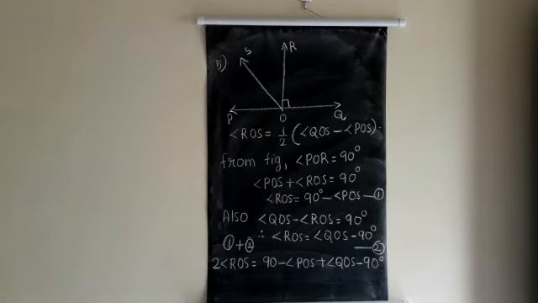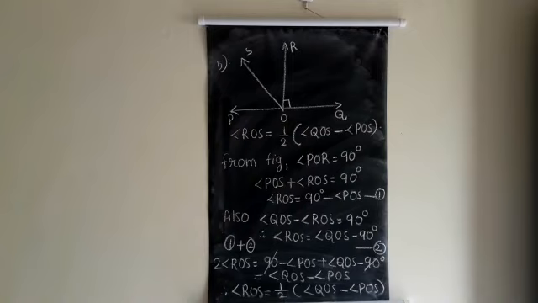First I am writing the positive term. Okay. So what is the next step? 2 times angle ROS is equal to angle QOS minus angle POS. So from the last step we can write, therefore angle ROS is equal to, that 2 you can transpose to the right side, it becomes 1 by 2. So 1 by 2 into angle QOS minus angle POS. Hence we proved. That is our 5th question. Okay. Now moving to our last question.